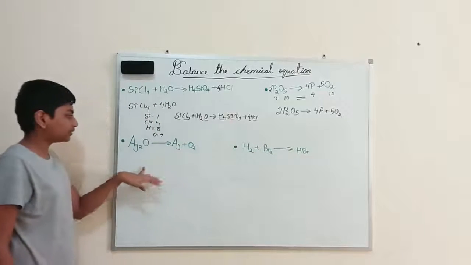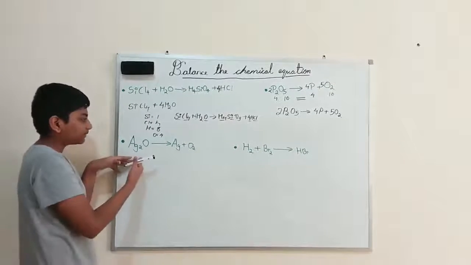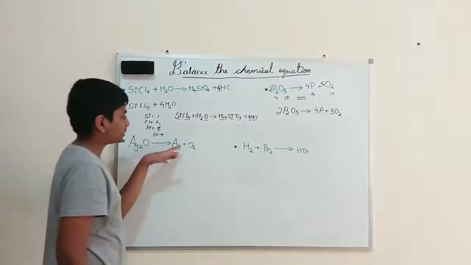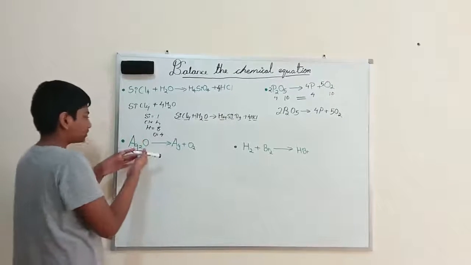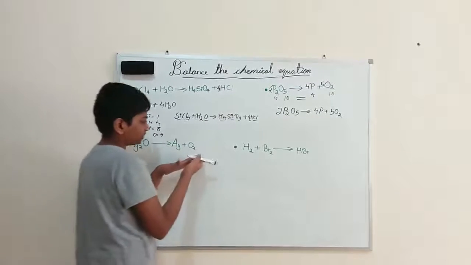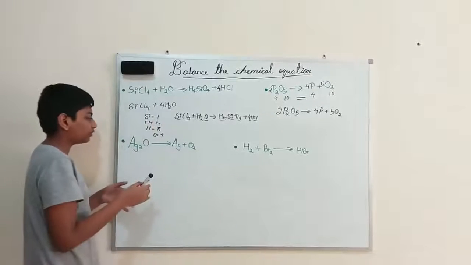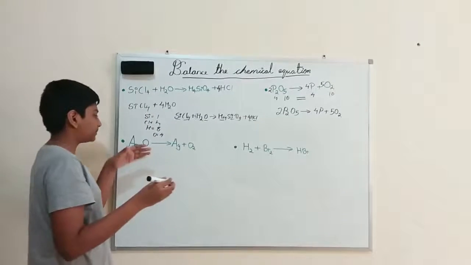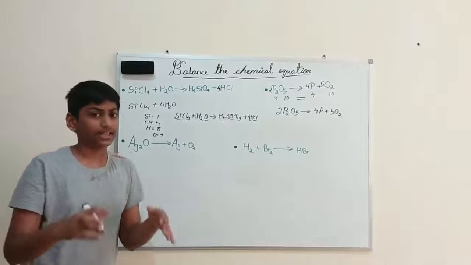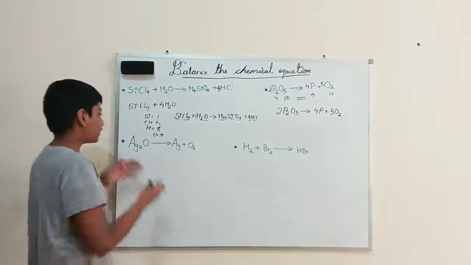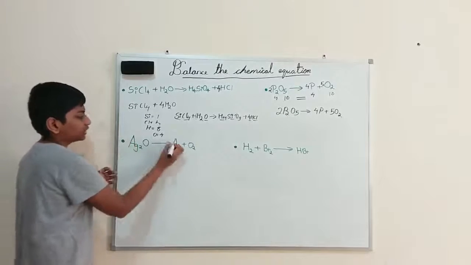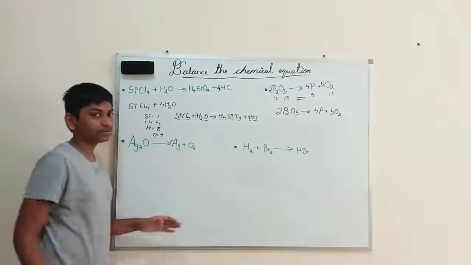Now we will come to our silver oxide. Here silver how much? 2. Here how much silver? 2. Here how much oxygen? 1. Here how much oxygen? 2 oxygen. So what should I do first? I can just go from silver, but I should be careful, right? So before doing that, let me write 2 here. What should we do? We should check.